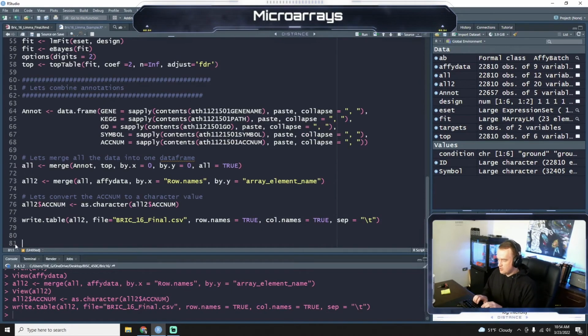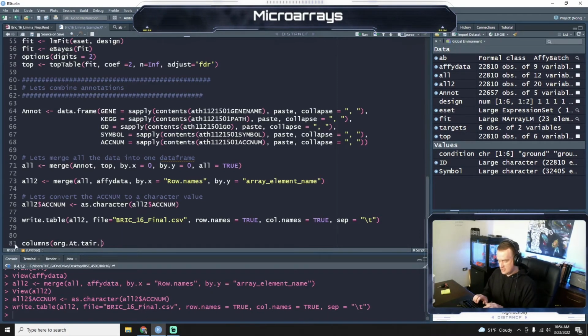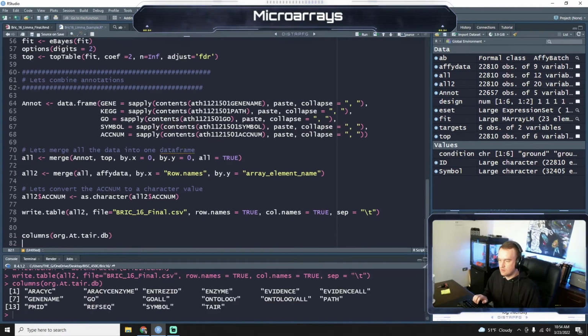So now let's look at columns org.At.tair.db. As you can see here, in this org tair database, we have a bunch of different more annotation to our genes, and this is going to be important for the last part of this, where we do what's called Pathview. So we're going to look at the biological